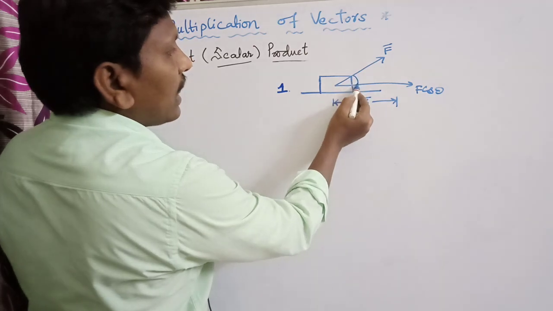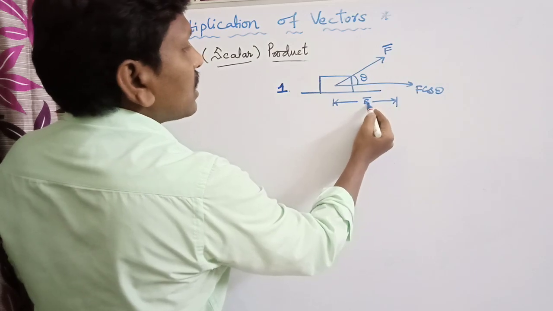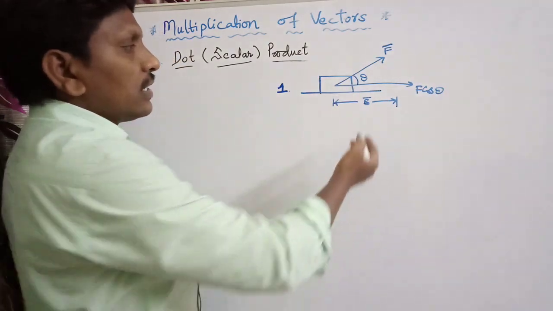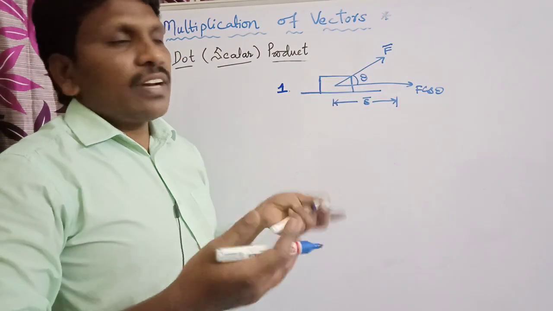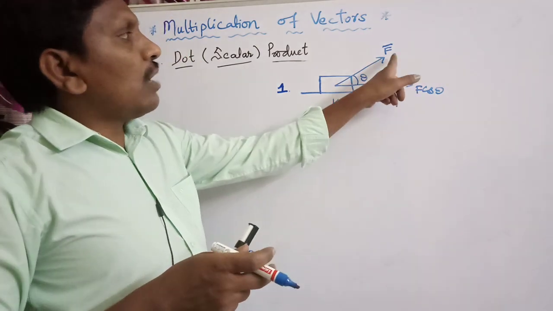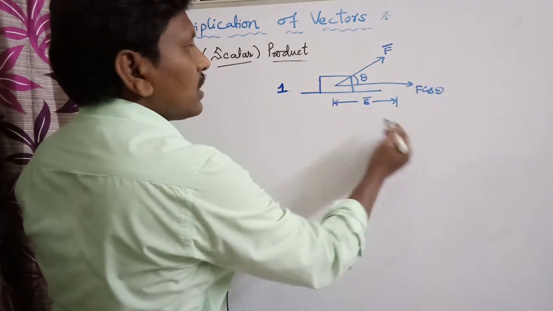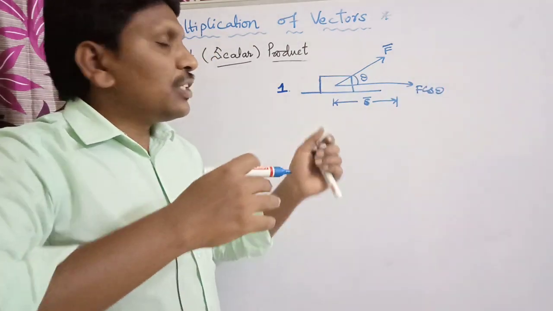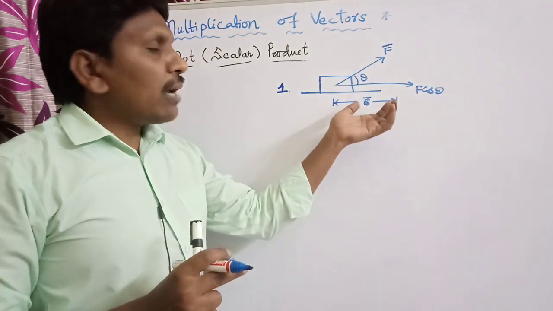Theta is the angle made between the force applied and the displacement of the object. So this is the angle between the two vectors. S bar, nothing but displacement, is a vector, and F bar, nothing but force, is a vector. So F cos theta is nothing but the component of force F bar. Displacement is a vector quantity which has both magnitude and direction; here I am taking the magnitude.